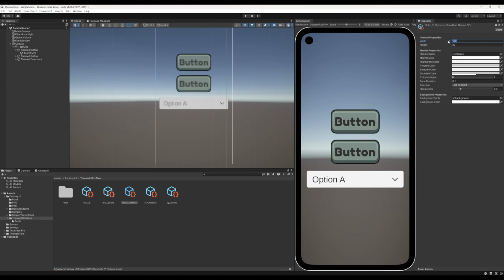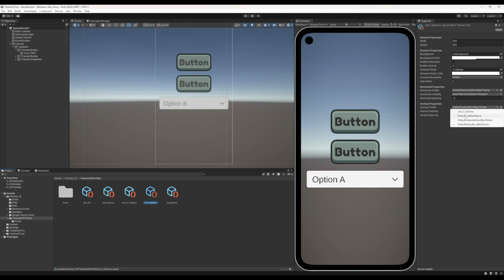This is actually in this direction, horizontal, so I'm just gonna call this 20. I'm gonna call this 0 because this is gonna be automatically assigned by the actual scrolling. So I'm gonna go to the scroll, the vertical profile. I'm just gonna select that one, and then just to show that this is going to apply, I'll have the